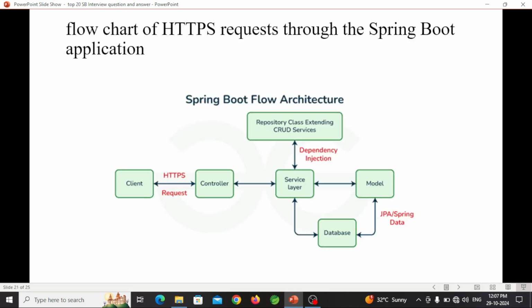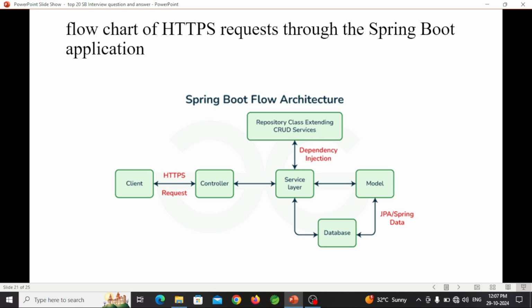Now this is the flowchart of an HTTP request in the application. First, the client sends a request to the server using the HTTP protocol. The controller receives the request and forwards the processing to the service layer. The service layer processes the data with the model layer and the repository class, using dependency injection.